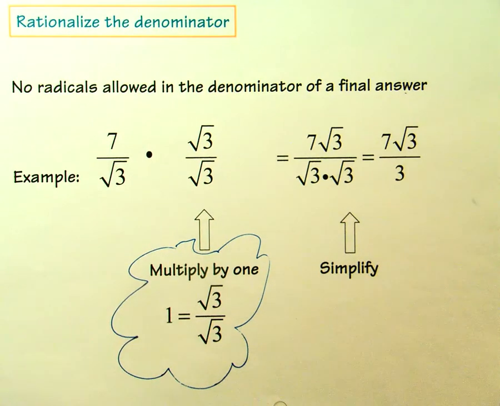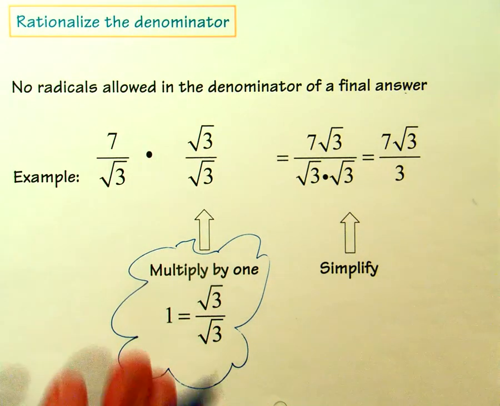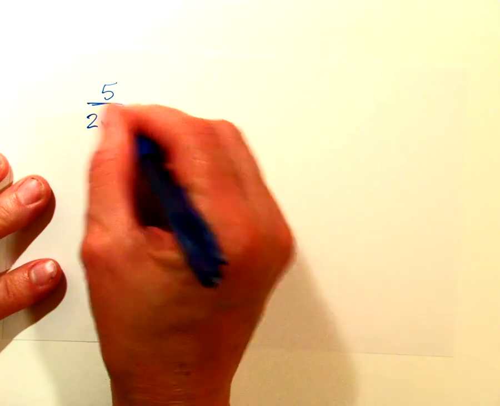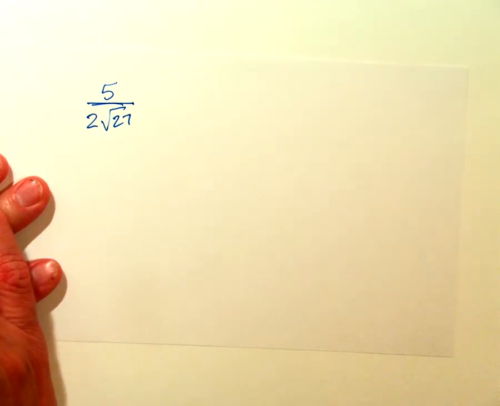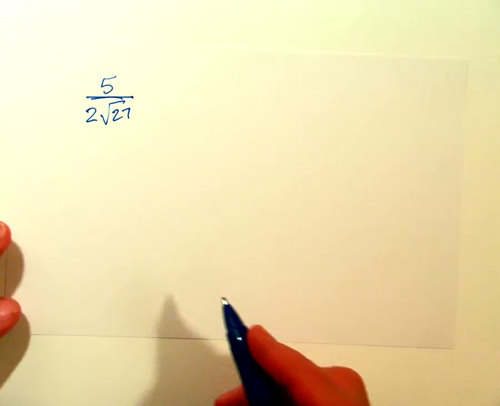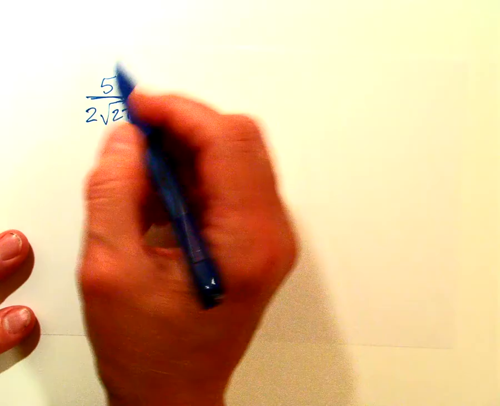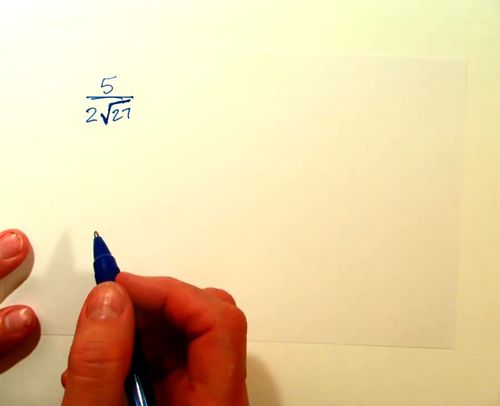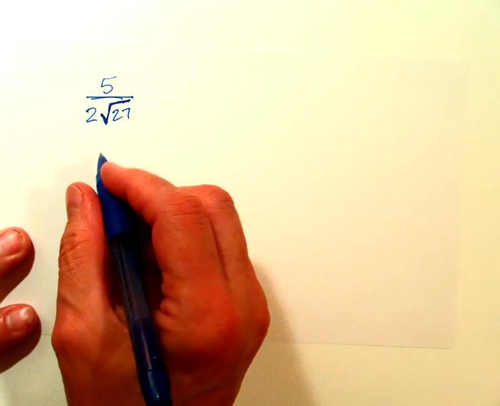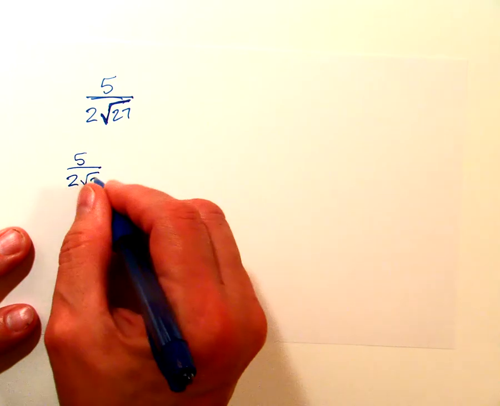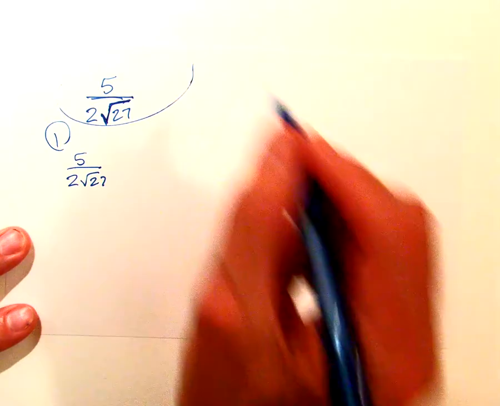So let's look at an example here. How about 5 over 2 times the square root of 27? Okay, there's at least 2 ways to do this. I'll start with one, and that is to simplify the radical first. I personally think that's the easier way, but you get to choose whichever one you want. So the first way, this is my problem,